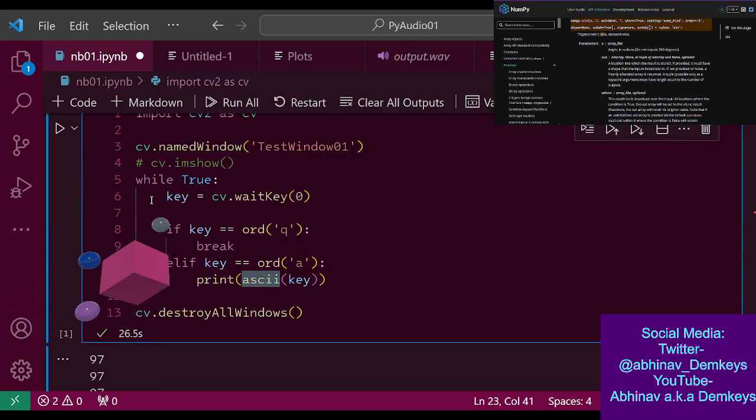Hold on. Python print ASCII char. No, that's not what I'm trying to print out. Print from ASCII char.